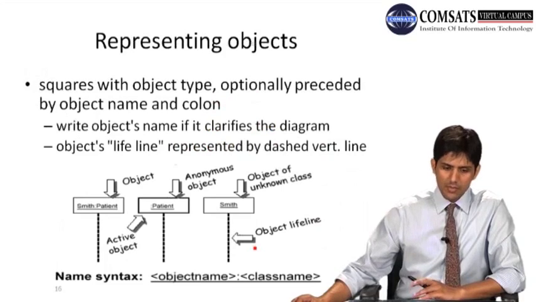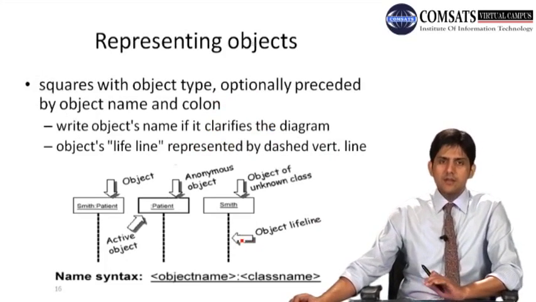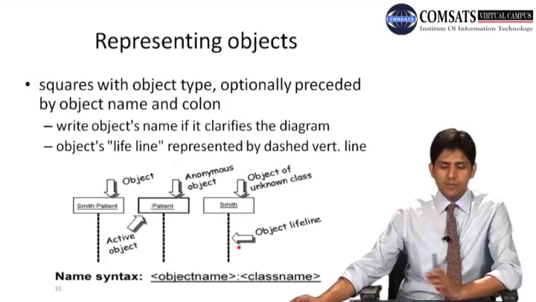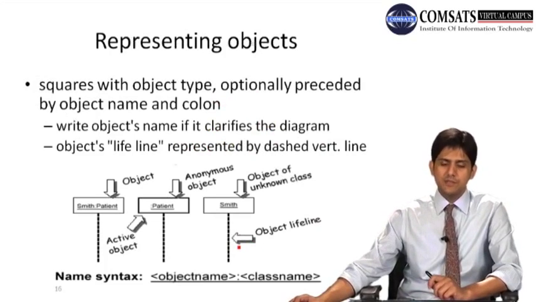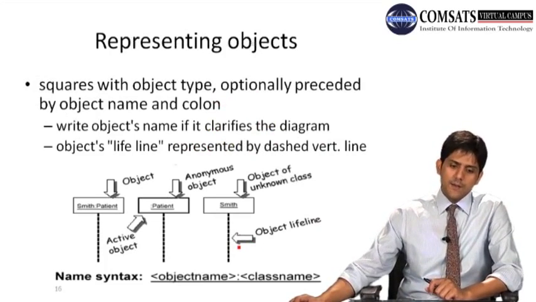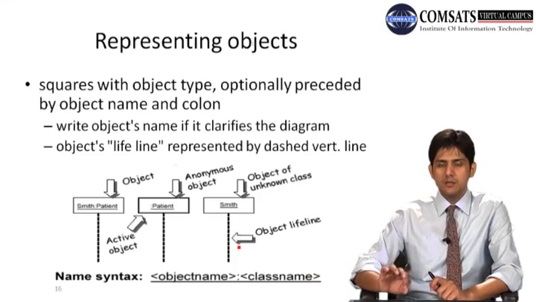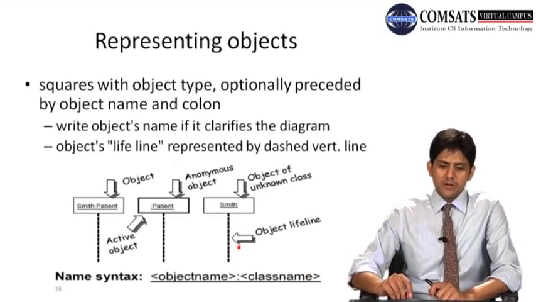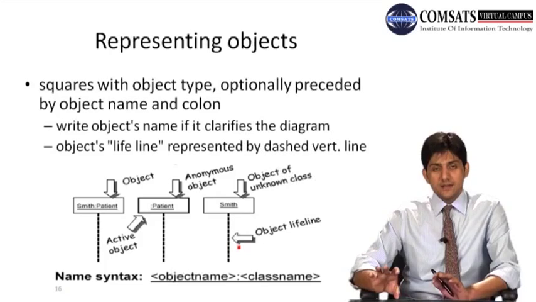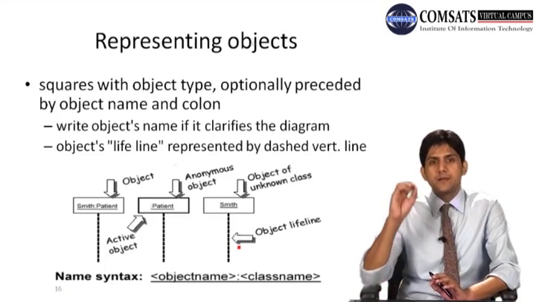Okay, representing objects, and then we're moving towards the examples for system sequence diagrams. I told you that the objects are represented with squares and they are optionally preceded by the object name and the colon. Write the object name if it clarifies the diagram. Okay, this is something